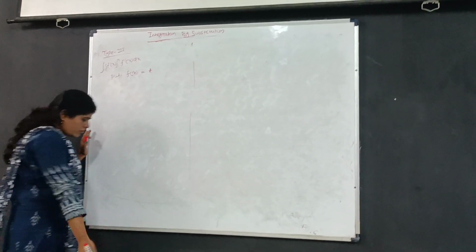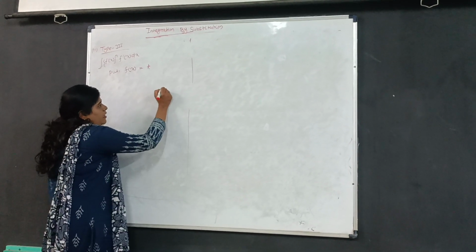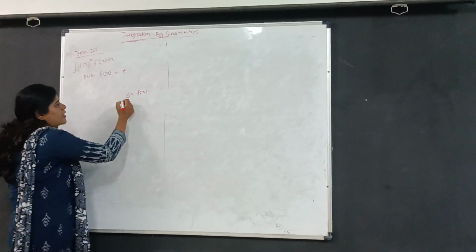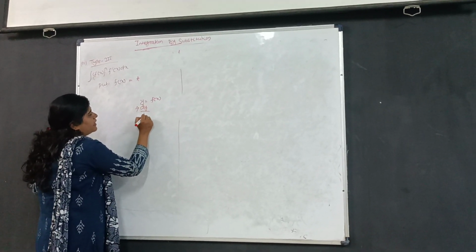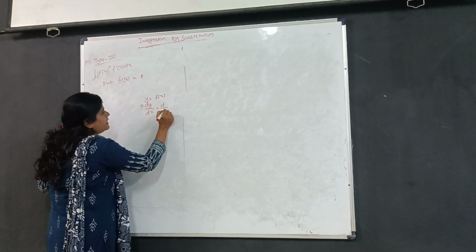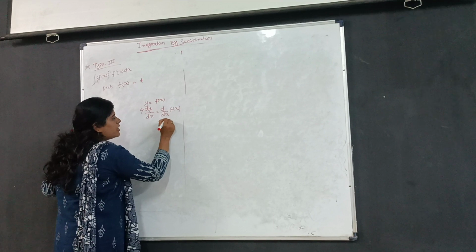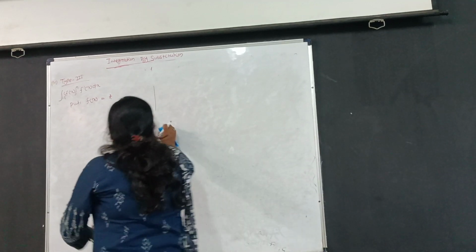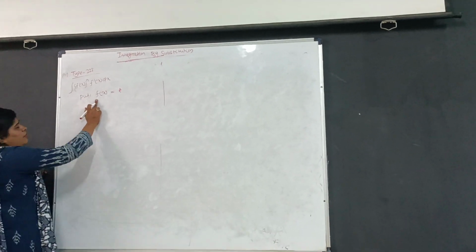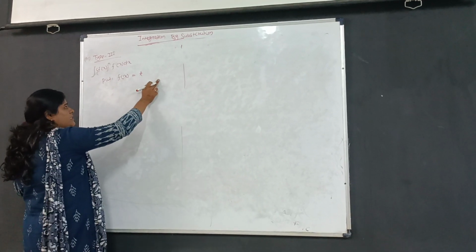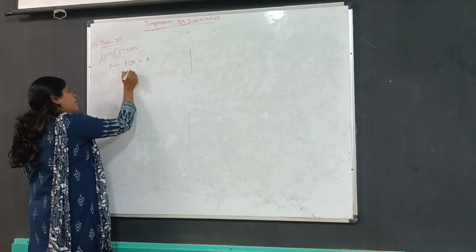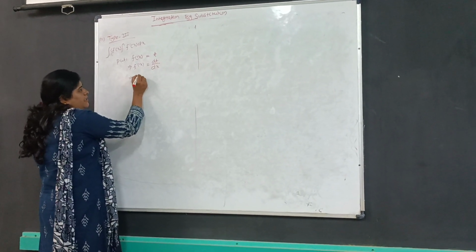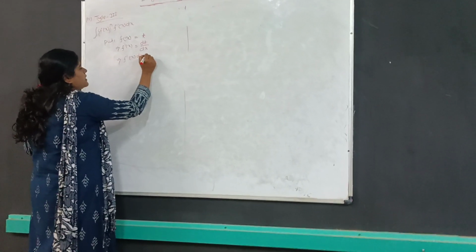Already we know in differentiation, the derivative of f of x with respect to x, we get the result dy by dx is equal to d by dx of f of x, which is also equal to f dash of x. If we take the differentiation on both sides, you get the result f dash of x is equal to dt by dx. That implies f dash of x dx is equal to dt.